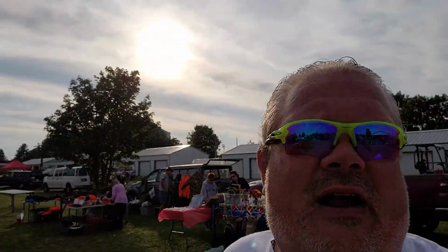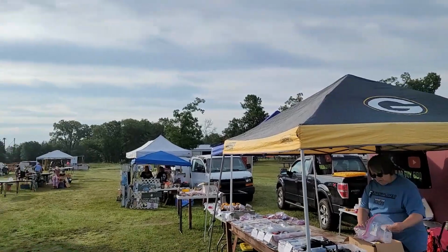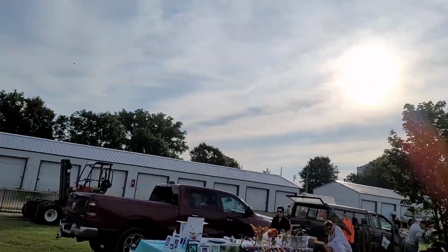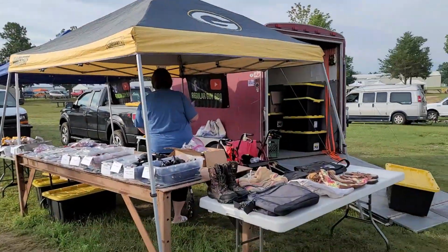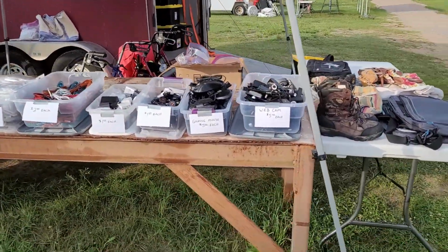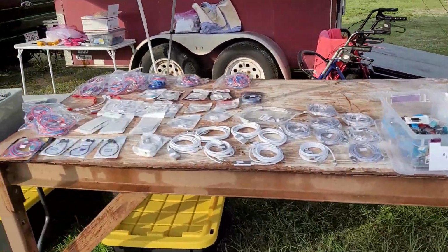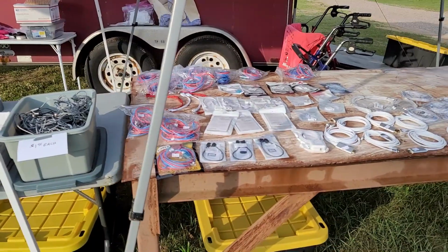All right, it's Saturday morning, and we are at the Adams County Flea Market. So we are out here with all of our tables and all of our wares set up. Now, a lot of this stuff, as you guys will remember, is from the pallet that we bought earlier in the video. And you can see webcams, my gaming mouse, all your cell phone accessories,